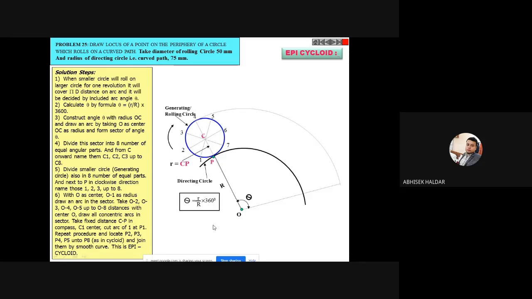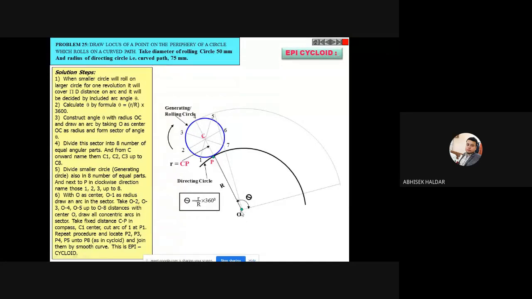So here in this problem, what is the value of theta? Basically we have to calculate. If you see, small r value is 25, capital R is 75. What should be the value of theta in this problem? Anyone? Theta value is 12 or 120? 120 degree, right? Here they have not shown the calculation. You just have to put the values and show how much theta angle it is creating due to the full revolution, that means one full revolution, 360 degree of this rolling circle. So that theta you have to calculate here. That is coming, for example, 120 degree.